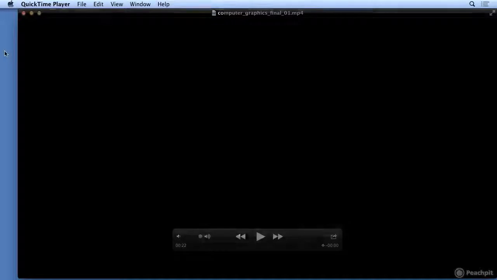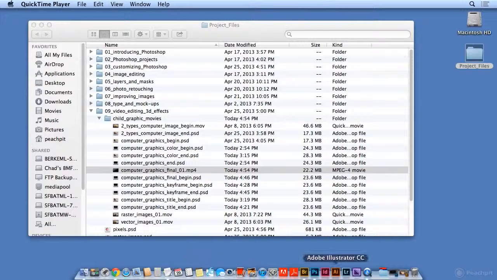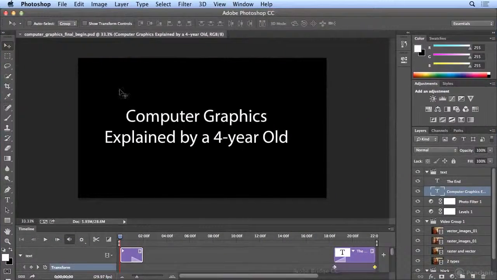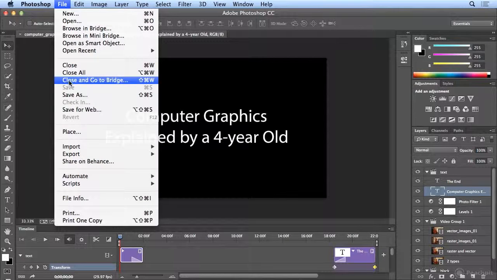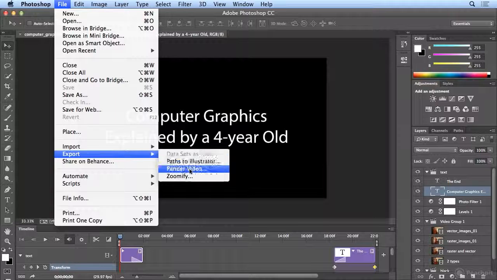And there you have it. I'm happy with that final result. As I look back at Photoshop, there are a few other settings, and this is why I number them. If I do File, Export, Render